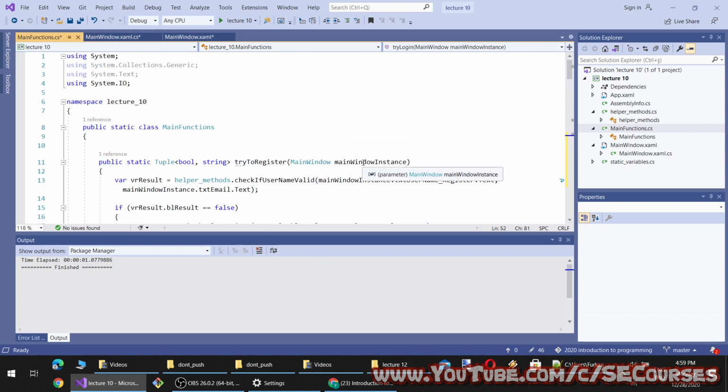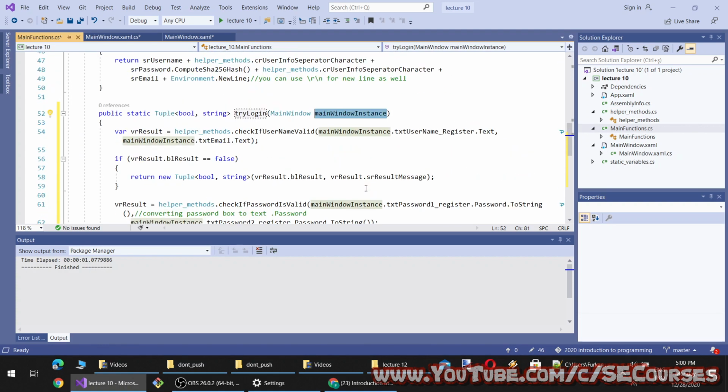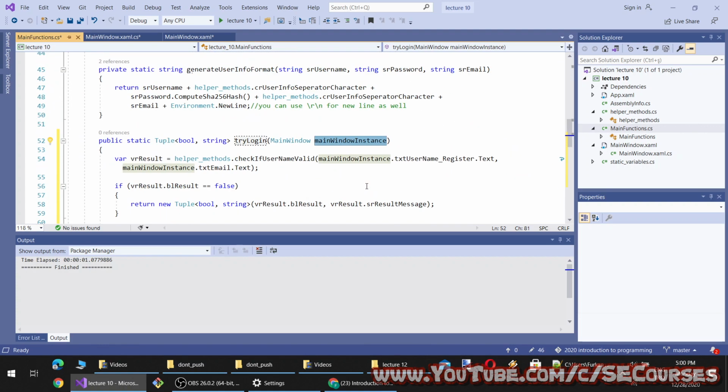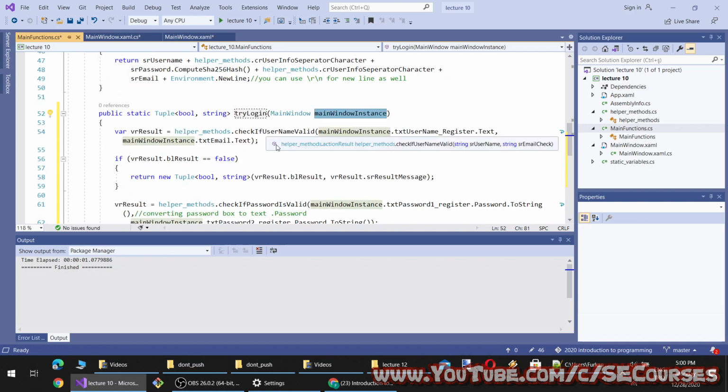This is the reference type. Therefore, we are able to access every element of the main window itself with this reference passing. We will see about references and such in the following semester, so don't try to understand it at the moment.